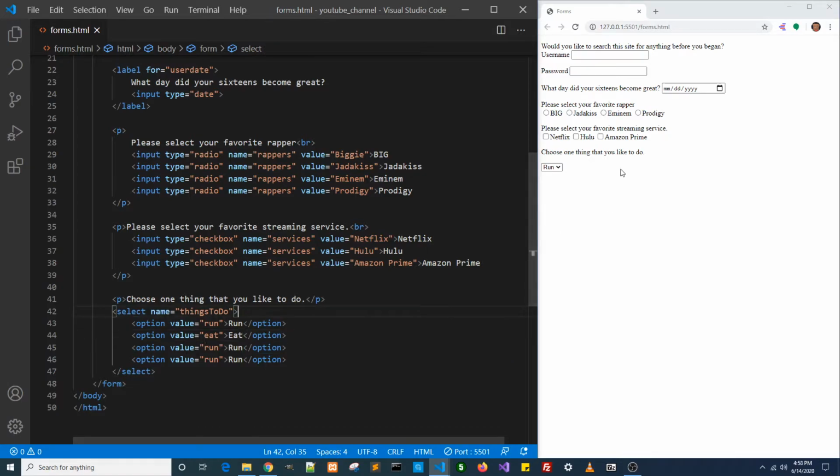and so now if we click on that, we see the options in here. So let's fix the rest of them. I like to walk. And the fourth and final one will be I like to sleep. There we go. Now let's take a look at the drop down. I like to run, eat, walk, and sleep. Okay, so this is something where you might be at a bank site signing up. There you might have